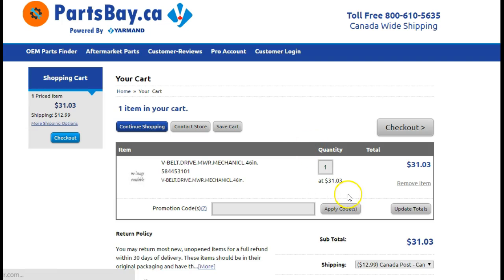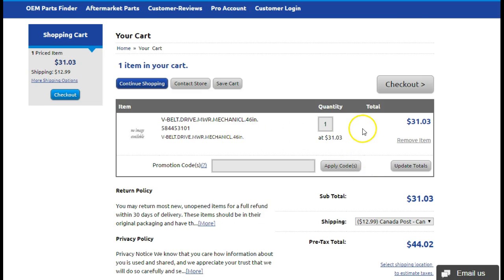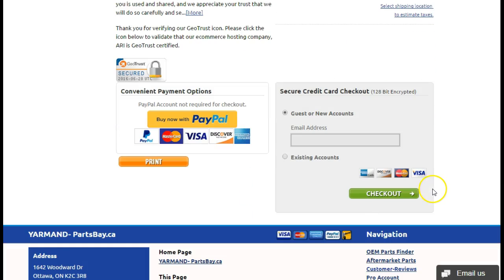And at that point, you could go to checkout, okay, verify what you need, enter your email address to start the checkout process. So simple as that. If you have further questions, you can email us